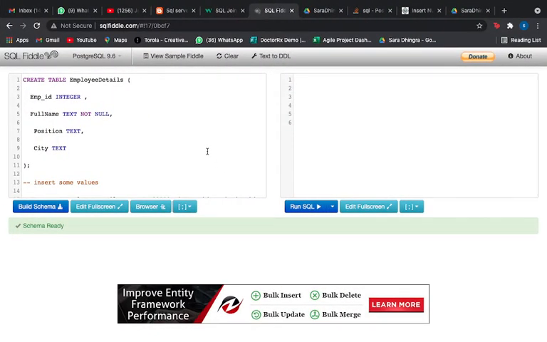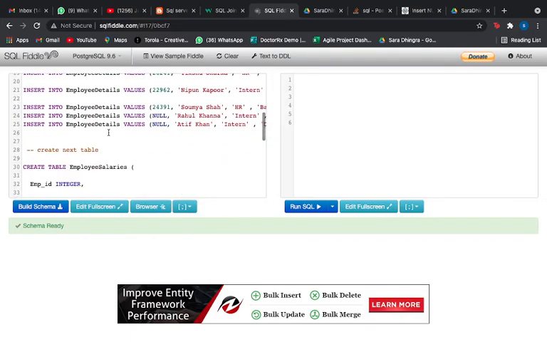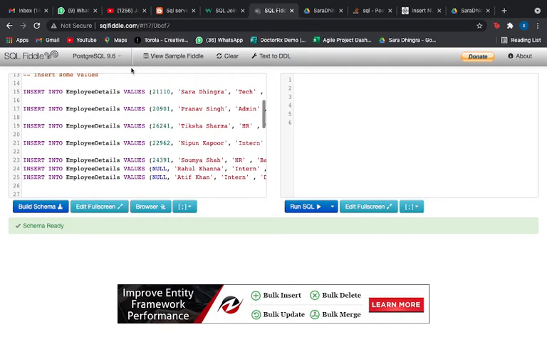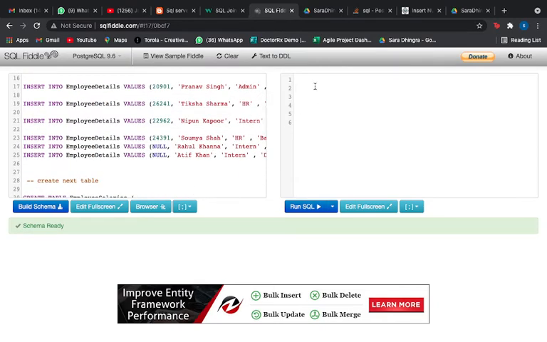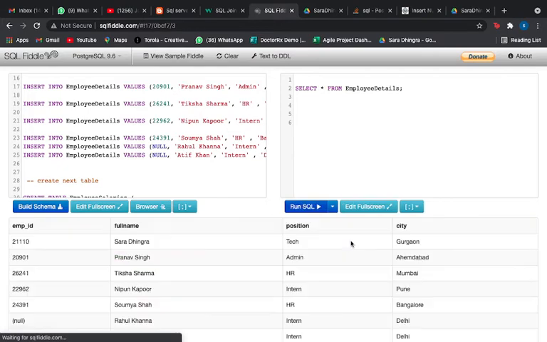So consider I have two tables. I have already created two tables for you. First is employee details and next is employee salaries, and I have already populated them with some test data. Alright, so let me first show you how our raw data looks. I'm going to fetch all the values from the table using the asterisk sign, and first I'm going to display the employee details table. Okay, let us see how that looks.